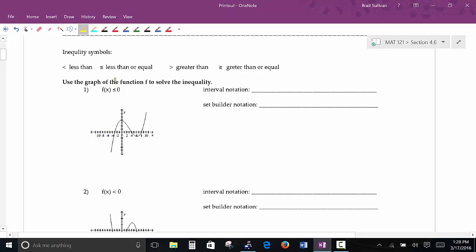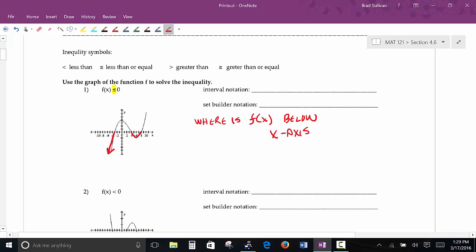All right, this problem right here is a less than problem. You're interested in where this function, which is represented by the graph, is less than 0. What that really means is where is f of x below the x-axis. That's all. And you name that in interval notation. So if you look at this little piece right here and this little piece right here, those are where you're below